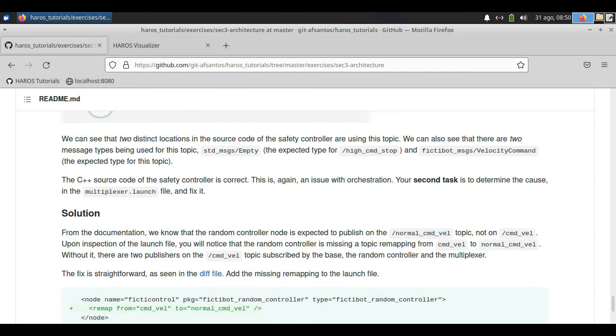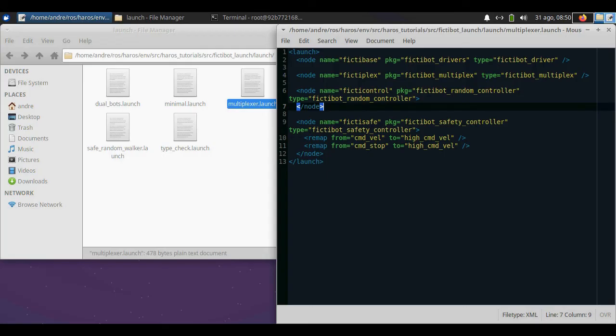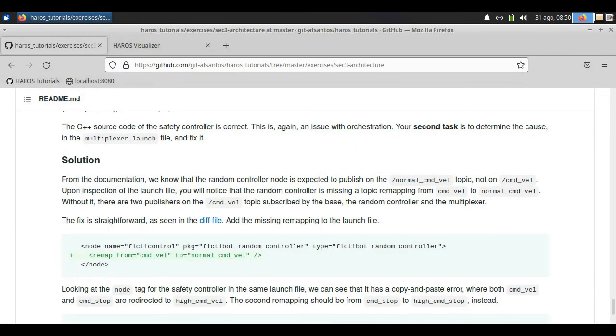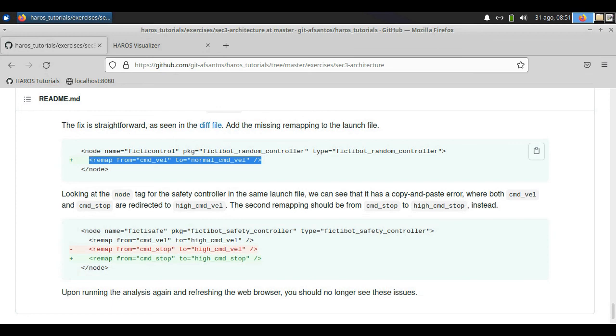Again, let's look into the launch file. Well, the issue should be obvious. We have two topics being remapped to the same one. It's clearly a copy and paste error in which the developer forgot to change the final name in the second entry. The solution then is to add the missing remap to the first node.